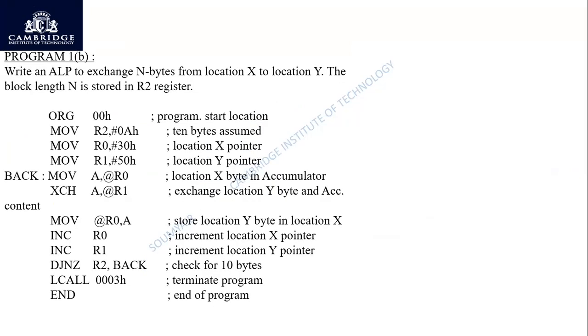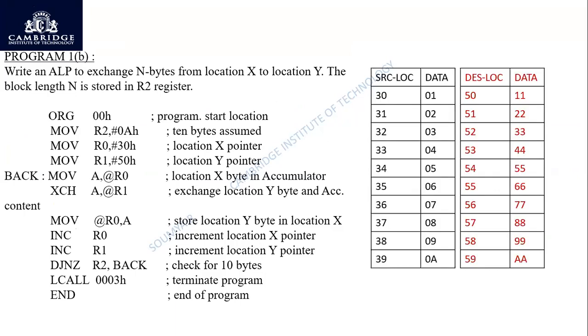This is to exchange a block of data from location X to Y. So what is the change from the first program to this program is there is a block of data which is present at 30th location. There is also data which is present at the 50th location. So in the previous program, 50th location was 0, right? Here, what are we doing? In both the memories, 30th and 50th location, we will be having a block of data, and we'll write a program where it gets exchanged.